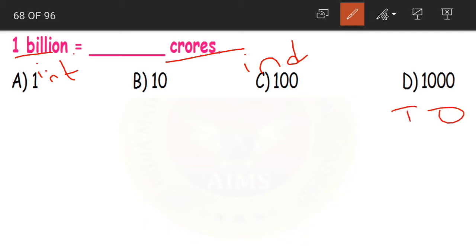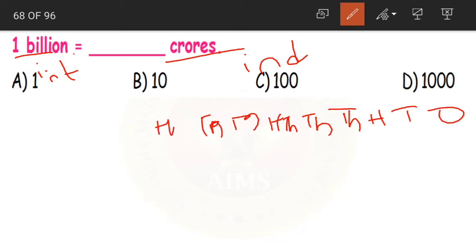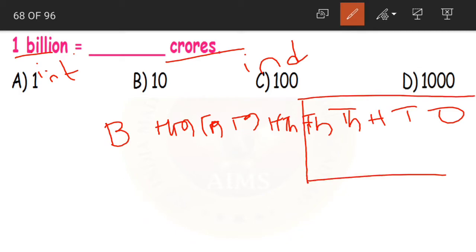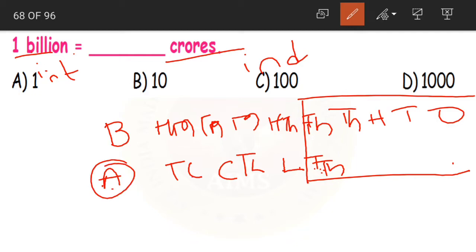Now if you remember what I said about Indian and international systems: 10,000s, millions, 10 millions, 100 millions, and then comes billions. Now when it comes to crores, in the Indian system, both Indian and international are the same till 10,000, yes or no? Till 10,000. So let us start writing after that. After 10,000s we have lakhs, 10 lakhs, crores, 10 crores, and after that we have Arabs. The next place value is called Arabs in the Indian system.